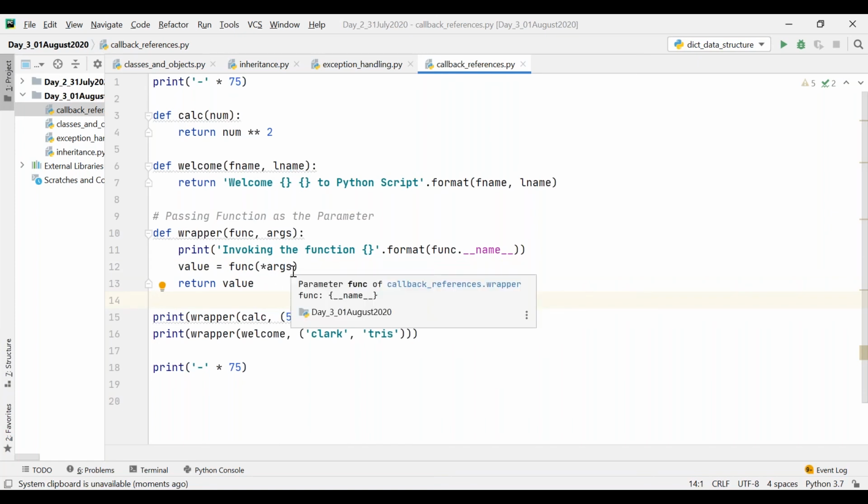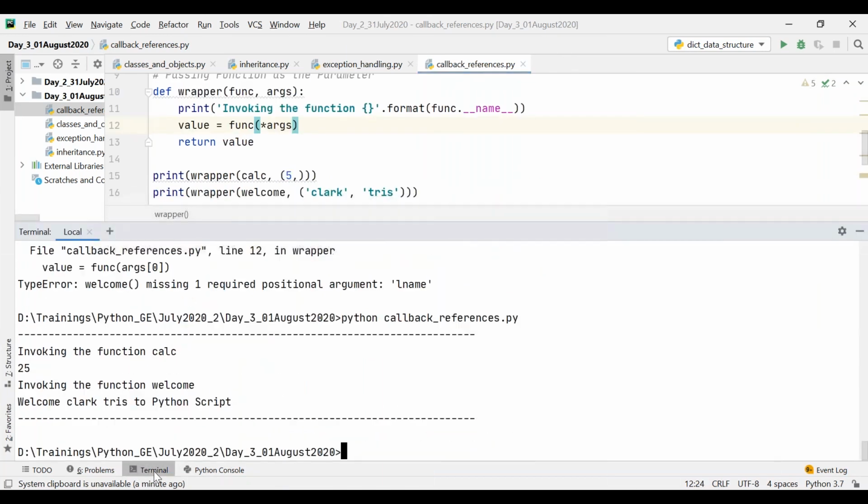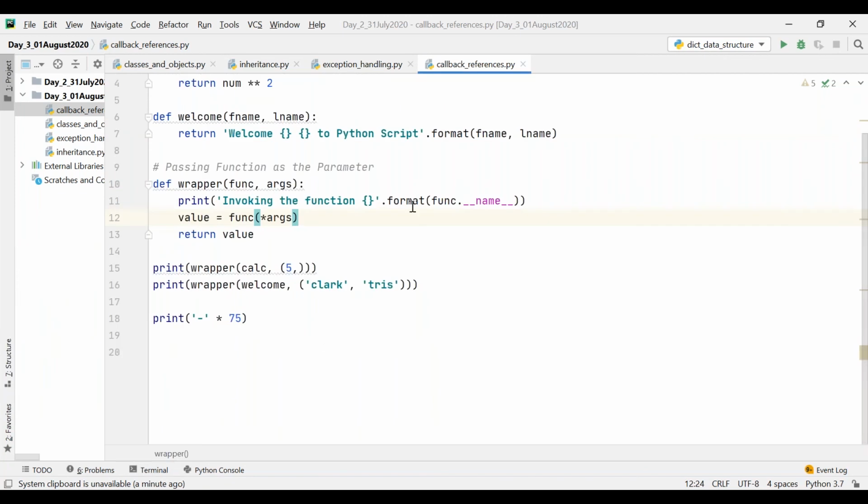Now if I say star args, whatever you have inside the tuple, the first tuple has only one parameter, the second tuple has two parameters. So if you say star args, you can invoke any function like this. You can see here invoking the function calc 25, invoking the function welcome class just to Python script.